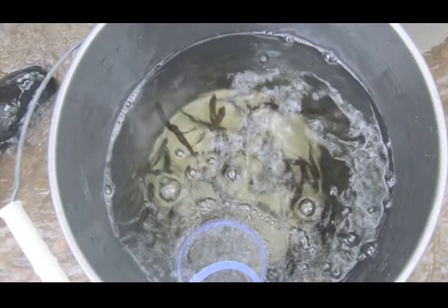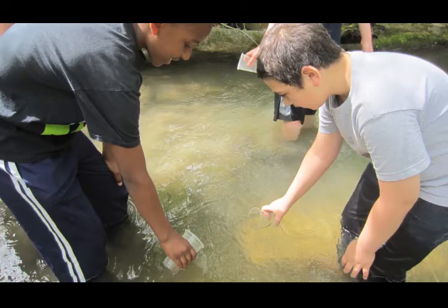How old are the trout before they're released back into their natural habitat? Well, the eggs come in October, and then they're released sometime in May, so they're roughly 7 months old when they're released, and they're approximately somewhere between 2 and 4 inches long when they're released. Are there environmental considerations at the